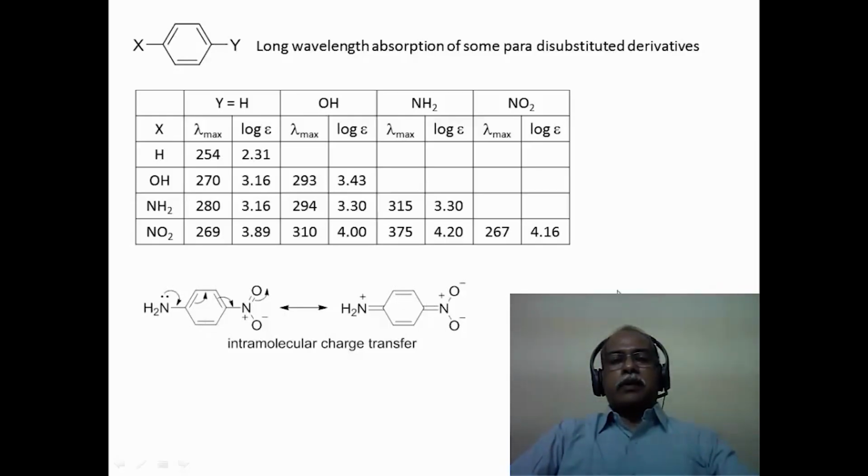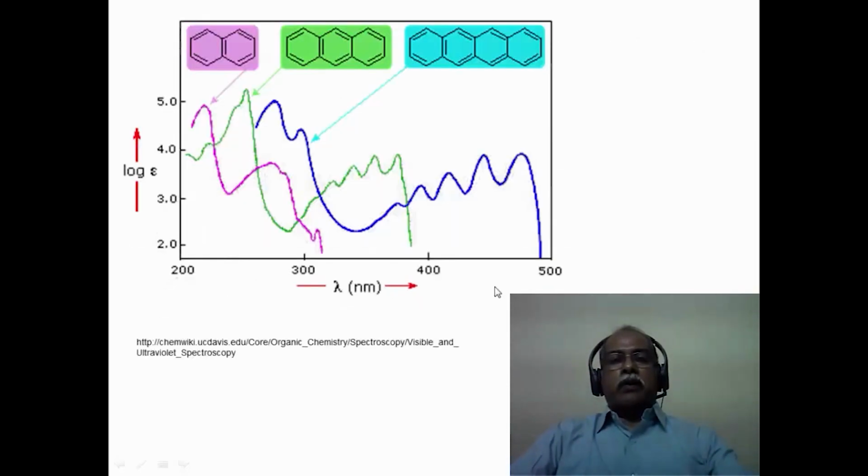In addition to the bathochromic shift, one can also see the hyperchromic shift, in terms of the epsilon value increasing considerably as you go from benzene to para-amino nitrobenzene, for example, which has a maximum hyperchromic shift, with the epsilon value increasing by 2 orders of magnitude compared to benzene itself. Now, as we go from the